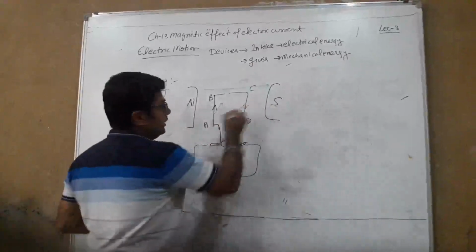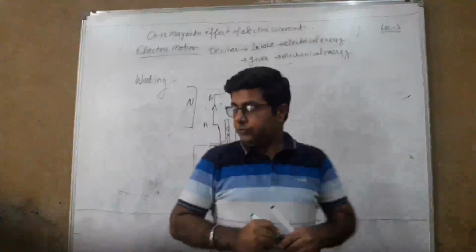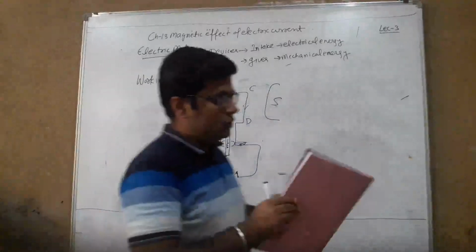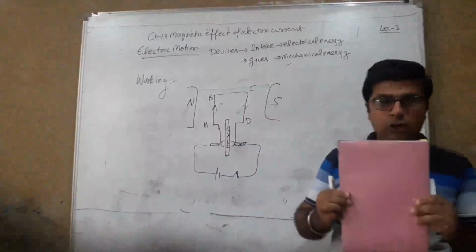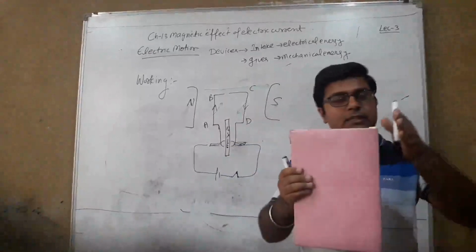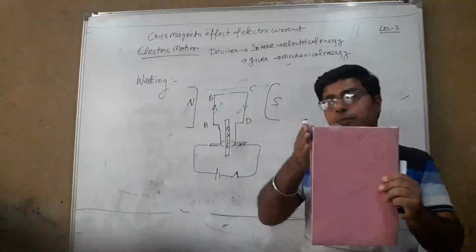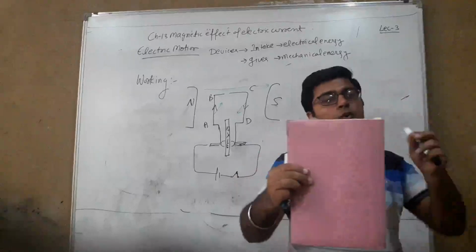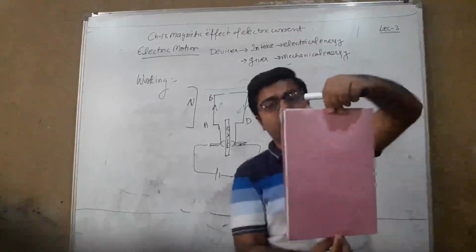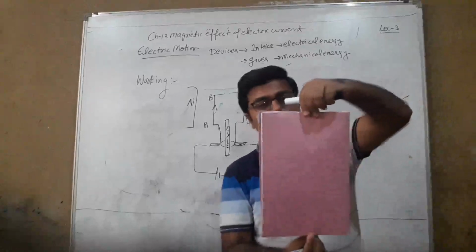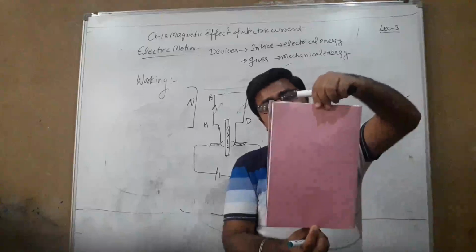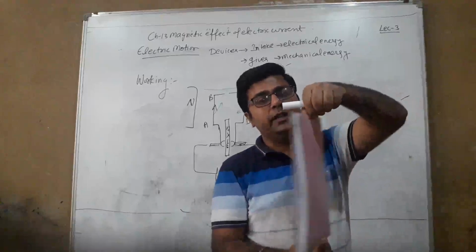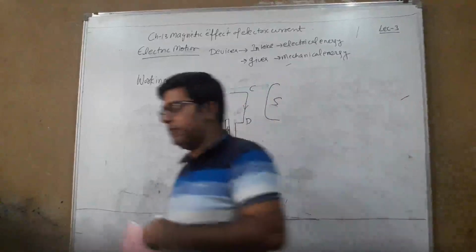Okay, so like this. Let me take an example. Suppose I have this notebook with me, and this is A, B, this is C and D. This AB is moving inward and CD is moving outward. This is the center, this is the axle, which arranges all the things. So like this, it will rotate. The same thing we get.